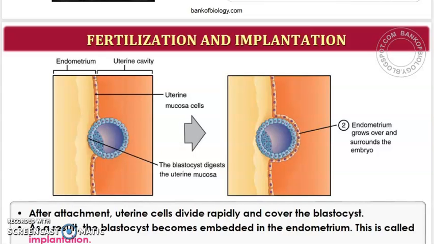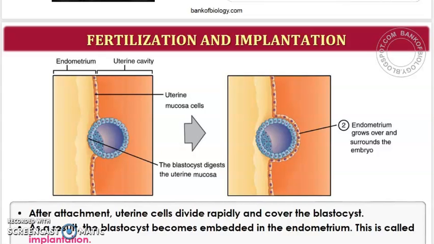On the next day, it would have carried out mitotic division, and on the next day it would have carried out again the 4 mass of cells, then the 8, and then the 16. So like that, for each day it will show development. On day 1 it will be 1, on day 2 it will be 2, and on day 3 it will be 4, and by day 4 it will be 8, and on day 5 it will be 16 in number,